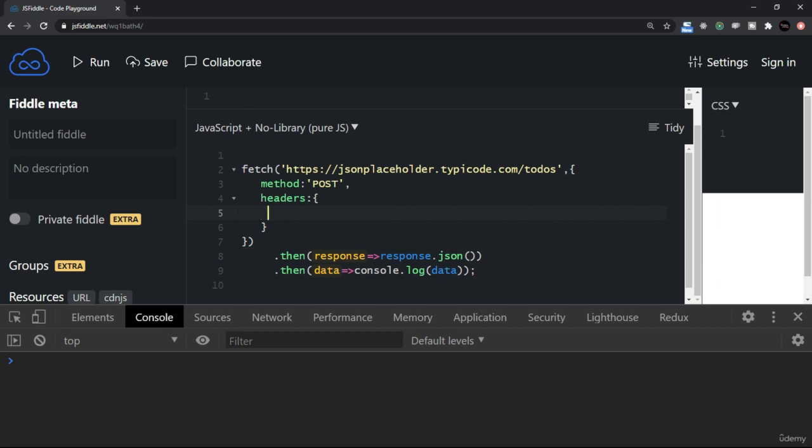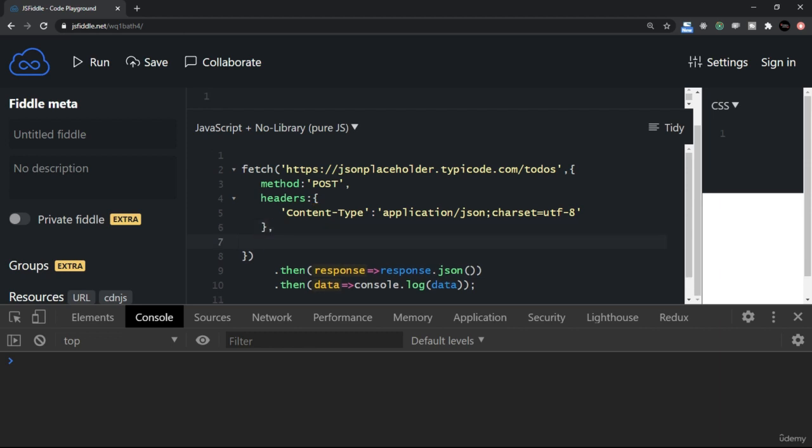Now I'm going to send the JSON data here. So I'll say content dash type. What is going to be the content type? So it's going to be application JSON, and the character set is going to be UTF-8. That's it. And the next thing, I'm going to set the body, where I'll say JSON dot stringify, and